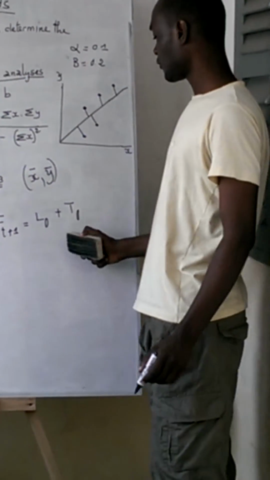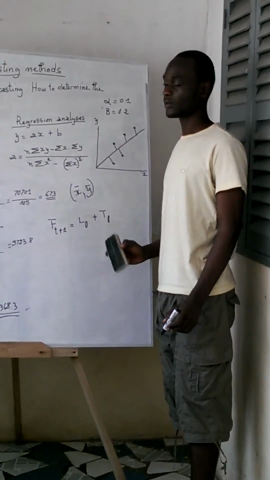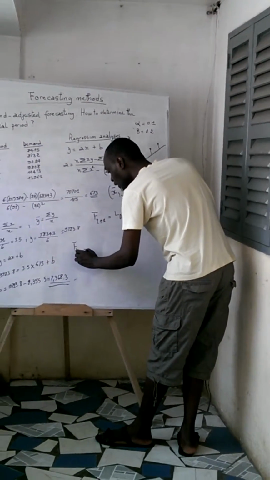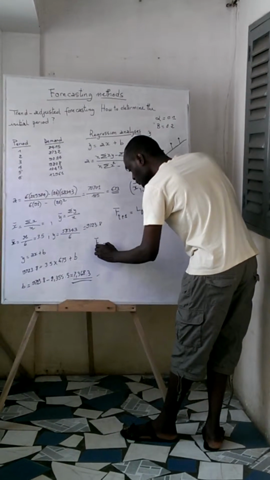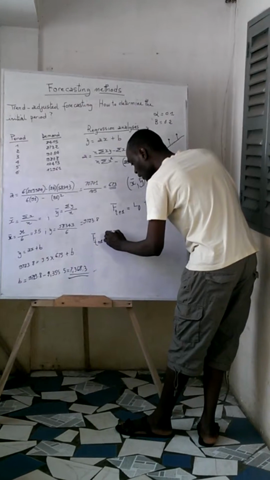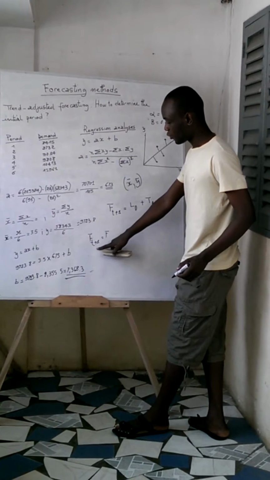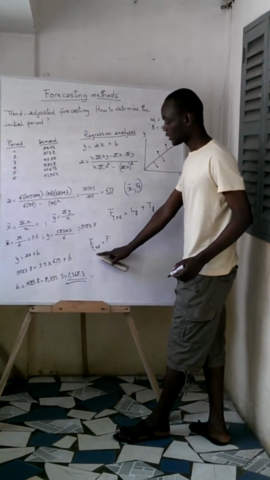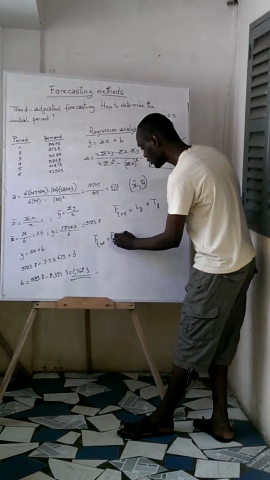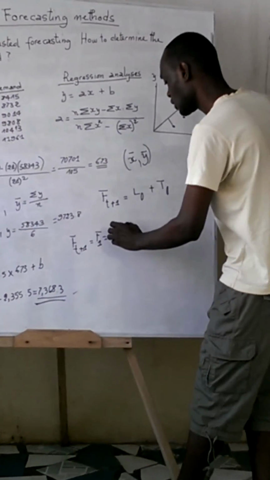Okay? Level for period 0, trend for period 0. Now we can have our formula, the forecast for period 0 plus 1, which is the forecast for period 1, is equal to